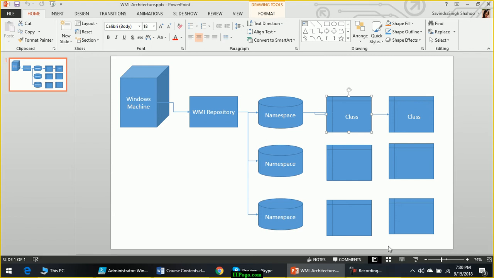You mean to say that the WMI repository will have different namespaces? Yes, like a database server will have multiple databases, there are multiple namespaces. See, we are not controlling those namespaces. When you install some software or add or remove Windows components, the operating system will automatically manage those namespaces, but there is a limited list of namespaces depending on what components are available on your operating system.